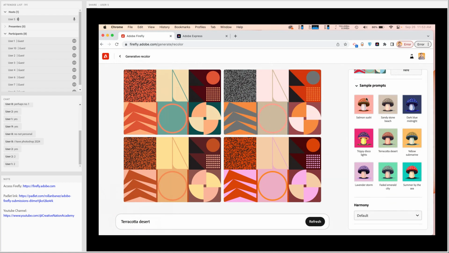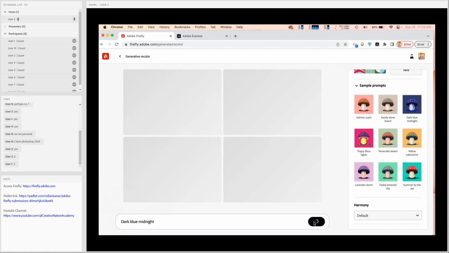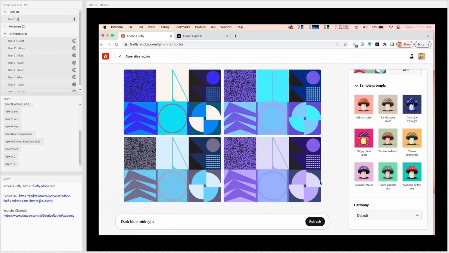But right out of the bat, you can use some of the sample prompts on this template or preset. You can just click on generate, and here you are. You can generate these types of ideas or even studies for your visual content. And if you want, you can easily download this. If I click on more options, I can download this, or copy the image, or even edit it already in Adobe Express. That will shorten the time when you're creating a lot of stuff inside of Firefly. There is a full integration right now of Adobe Express and Firefly together.